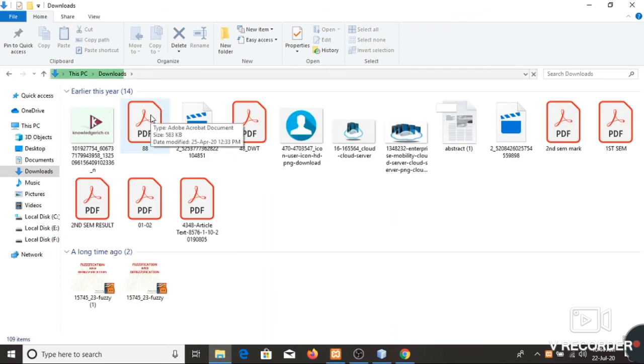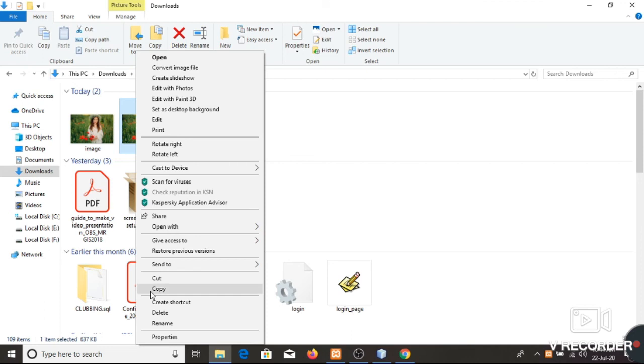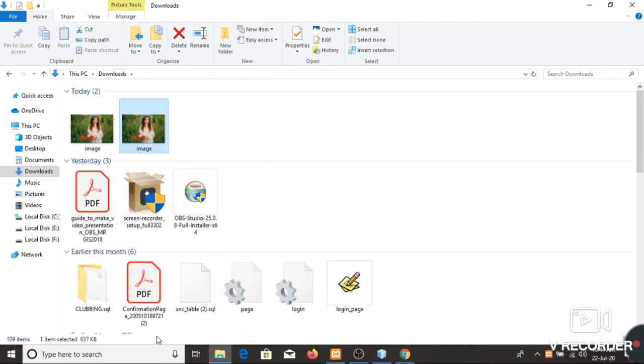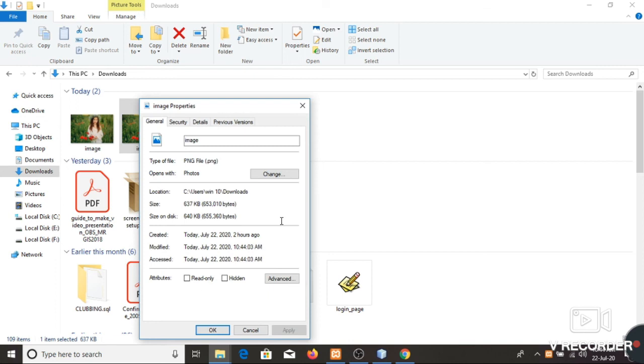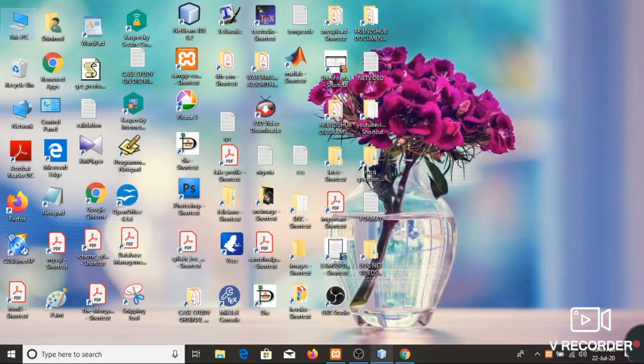Okay, so this is the image. The image will be in JPG and PNG format. We'll check the details of the image. As shown, the image was sent on July 22, 2020, 10:44, and now let's check the time. It's also 10:44 a.m. This is the image that we downloaded.